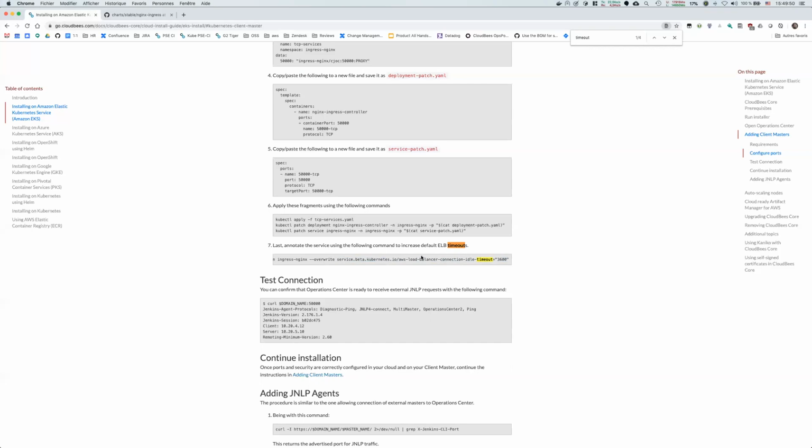By default, the timeout for the load balancer is lower than the ping thread that is used in the JNLP agents to maintain the connection. So if it is too low, the load balancer may cut the connection unexpectedly. This is why we usually increase it to 1 hour. That should be enough to allow the ping thread to be more frequent than that, and avoid getting problems just because the load balancer is timing out too quickly.